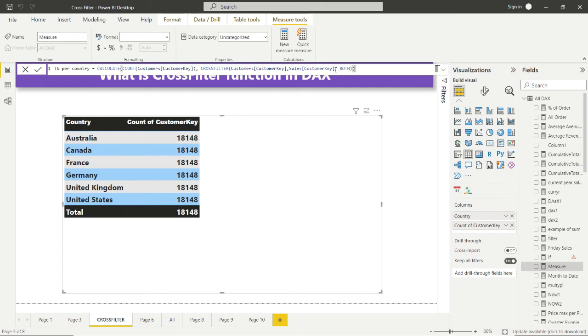Under CROSSFILTER we have to mention the join columns between the two tables, customer and sales. So using the CROSSFILTER function we are changing the cross filter direction in the model. Let's run it.